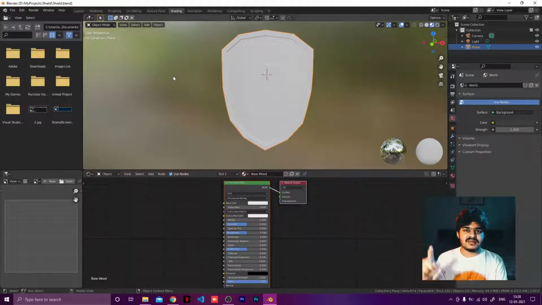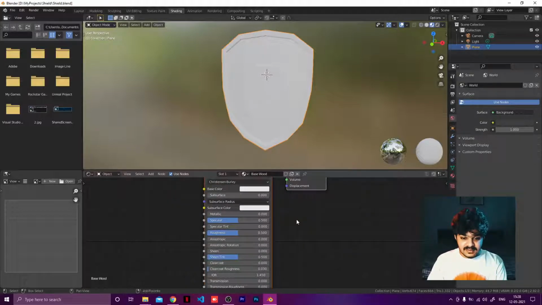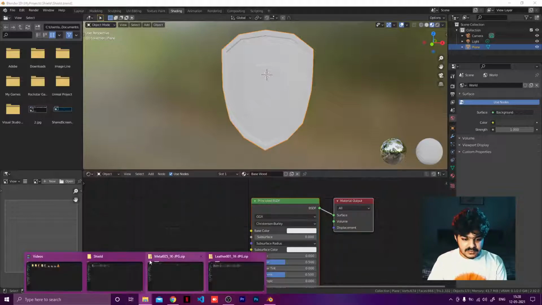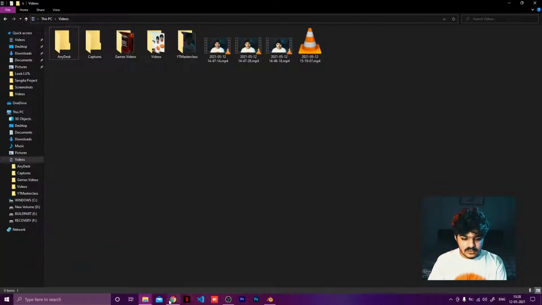So this video is for just texturing, and for the next video we are just going to remap all the textures to just one texture to optimize it the best way possible. And let's get started with this one. Basewood, I want the basewood texture. All we got to do is